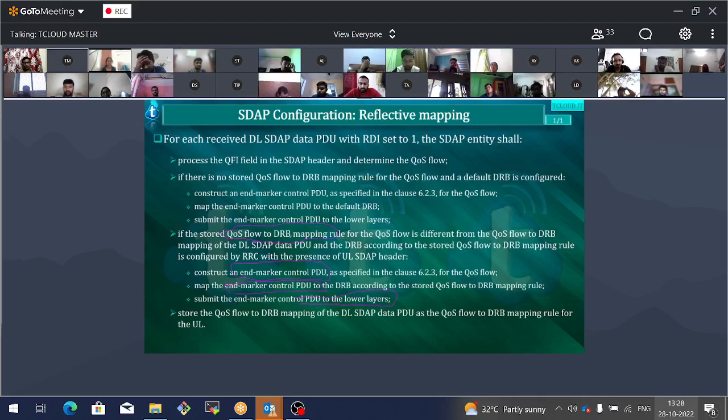You are going to use a single DRB for it. So you send an end marker on the previously used DRB. You report the end marker and you start using the new quality of service flow. If this is the case. So ultimately,